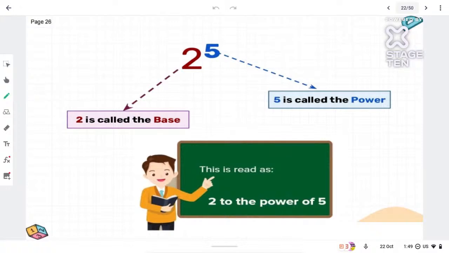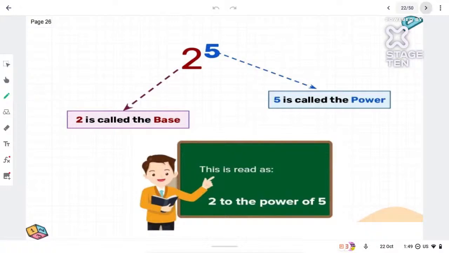How do I read it? 2 5, I'll say? No. Yes, Kevin. Okay, fine. No need to calculate that. It's fine. We'll learn the calculations ahead. Now, you can say 2 to the power of 5. You can even say 2 raised to 5. Both of them are correct. 2 to the power of 5, 2 raised to 5. All of them are the same. So you can write it and say it any way.